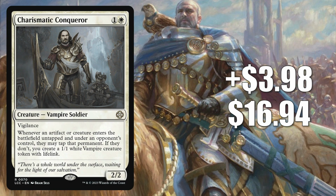Coming in at number 14 for the second week in a row, Charismatic Conqueror. It's up 398 to 1694, that's a 31% increase. This is from the Lost Caverns of Ixalan Blood Rites Commander deck. You see it in several Commander builds like Clavileño, First of the Blessed from its precon for example, but